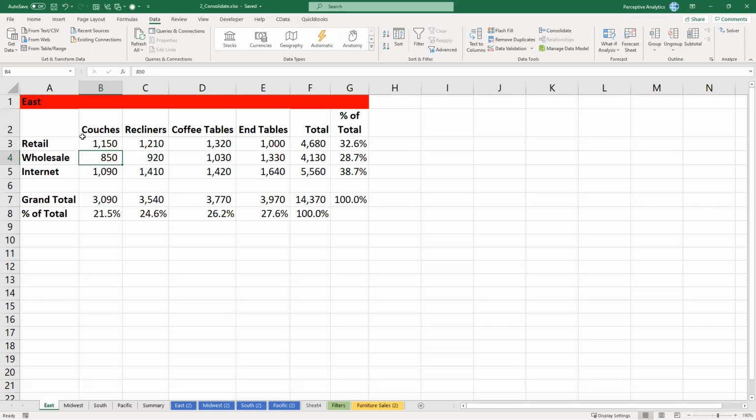Okay, today we'll be discussing a few more tricks and tips in Excel. So the first of those is